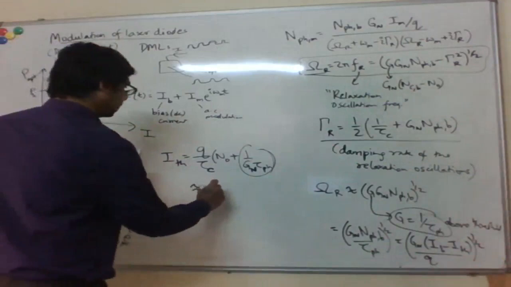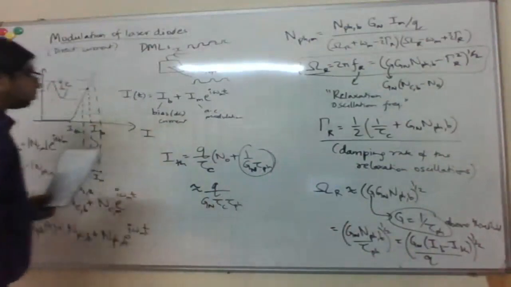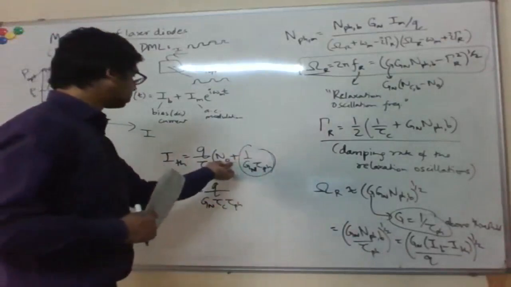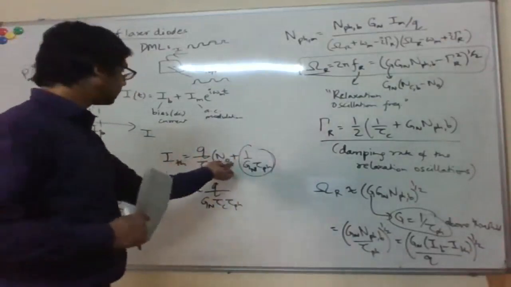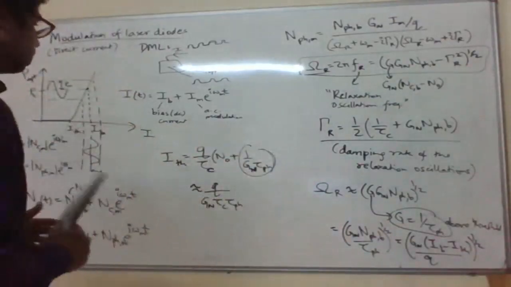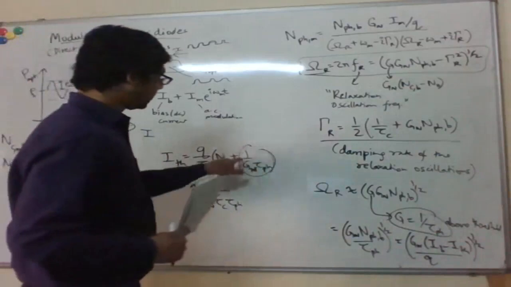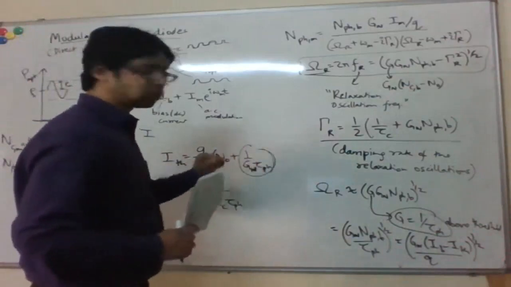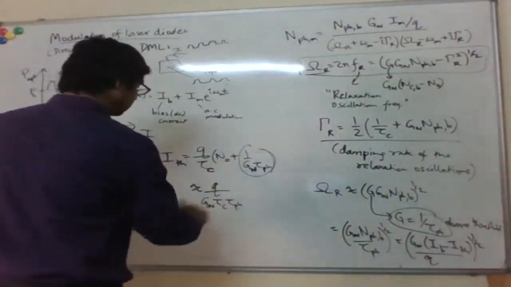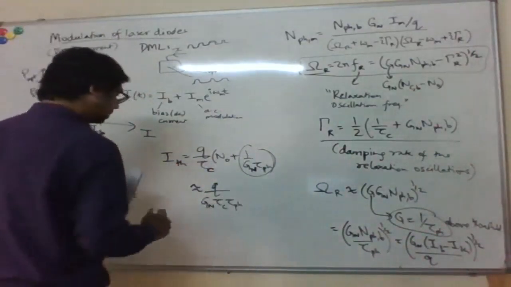So what we are saying is this is roughly... Okay. So typically the second term is much bigger than this first term, right? So this, remember, is the number of carriers required to reach transparency, or just the population inversion threshold. And this is basically decided by the losses in your cavity. Tau photon is basically given by that. So typically the second term is much bigger than the first. Okay. So basically I can approximate Tau threshold like that, or in other words,